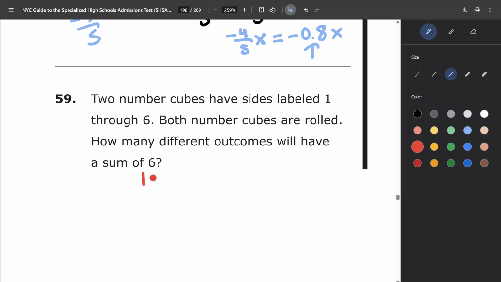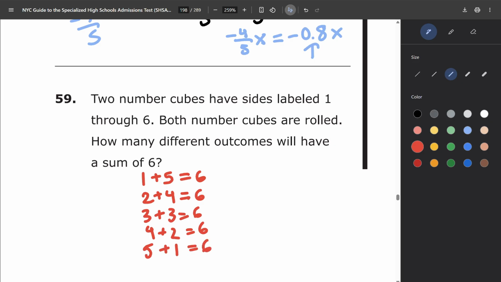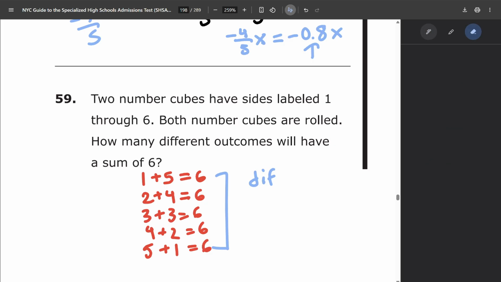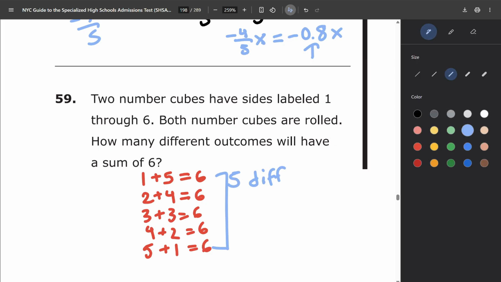And I think the best way, honestly, to do this is just listing them. So 1 plus 5 is equal to 6. 2 plus 4 is equal to 6. 3 plus 3 is equal to 6. 4 plus 2 is equal to 6. And then 5 plus 1 is equal to 6. So it seems like we have 5 different ways to get a sum of 6. 5 different, and that's a very sloppy 5 again. 5 different